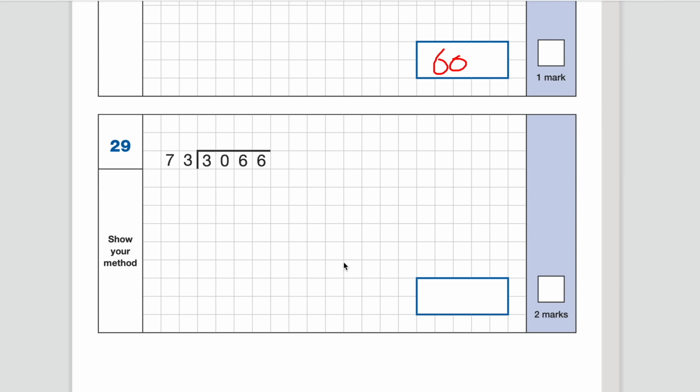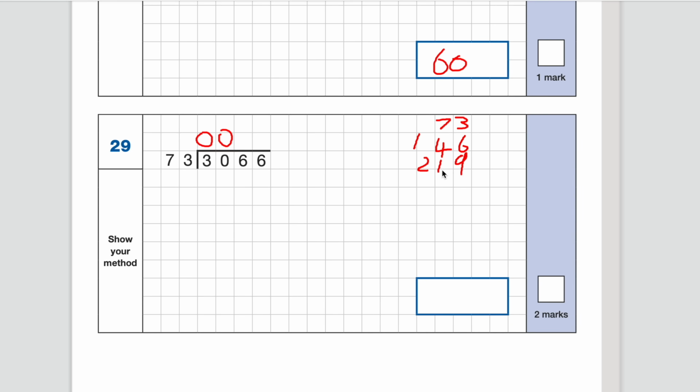Number 29, it looks like it's another long division or short division method, whatever you feel comfortable with. So what's 3,066 divided by 73? Whatever method you use, make sure you've shown that and you may get the mark. So I'm going to do short division. So 73 into 3 doesn't go. 73 into 30 then, well, that also doesn't go. So we're looking at 306. How many 73s go into 306? And a good trick you can use is to write the 73 times table down here. And when you get to the number, that's when you can count how many you've got and you know how many you need. So 73 adds 73 is